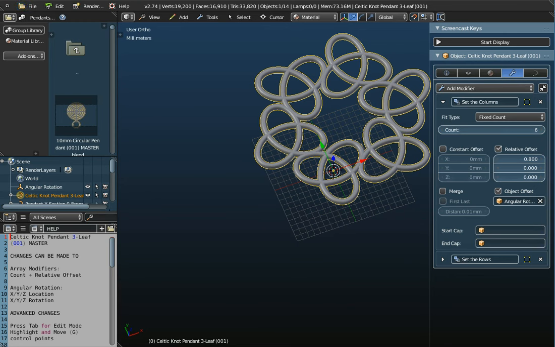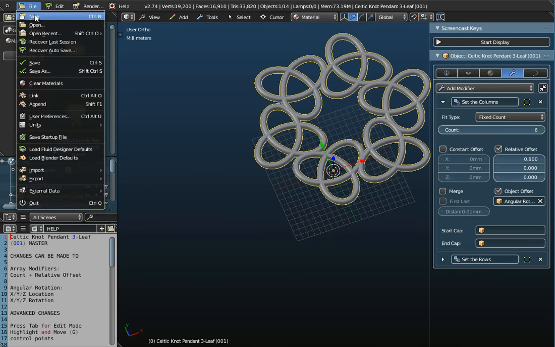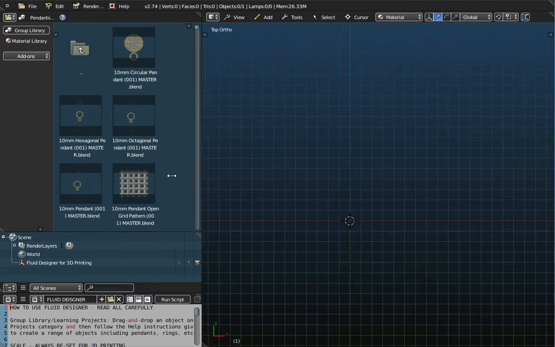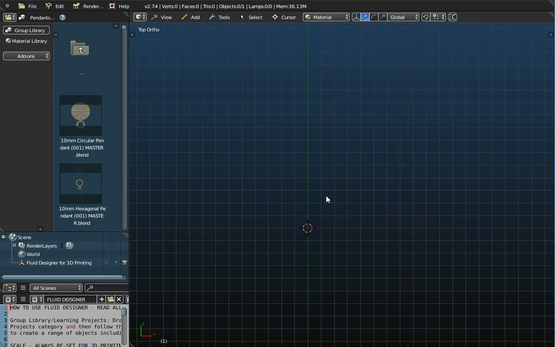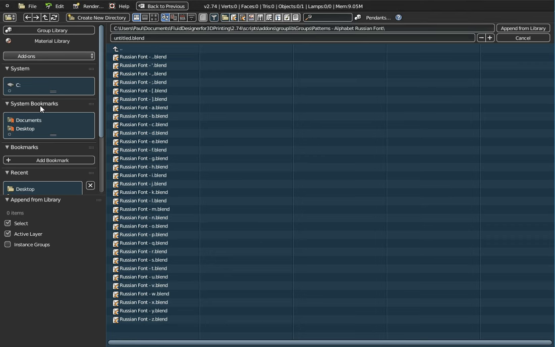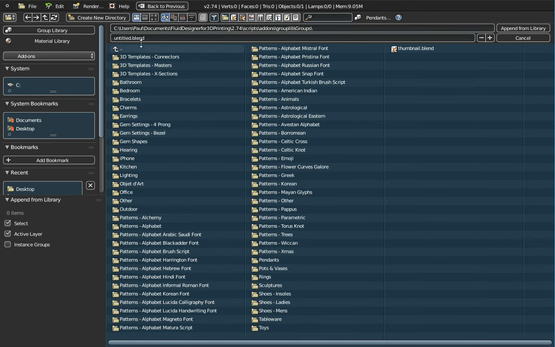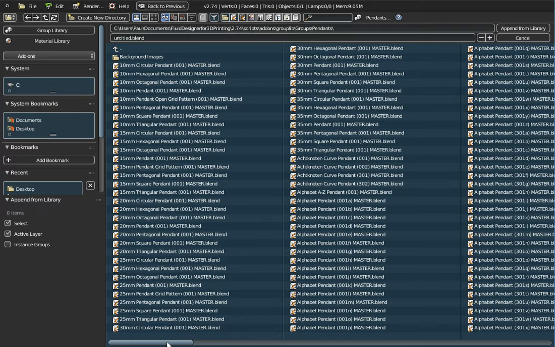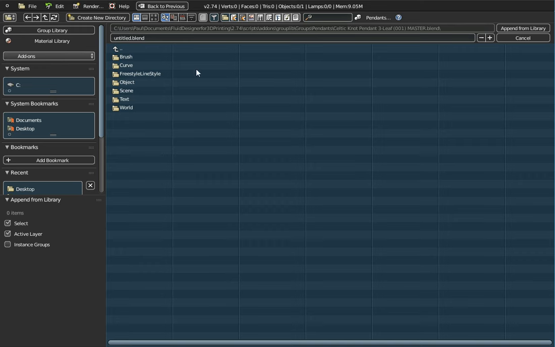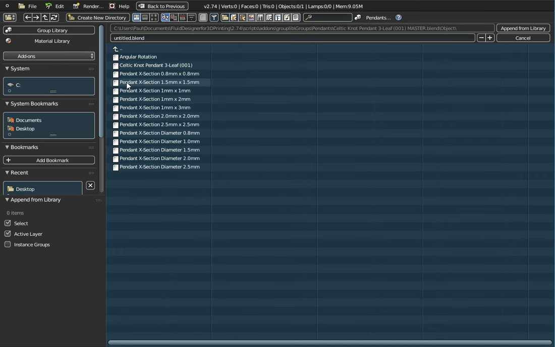Okay, so that one's Celtic Knot Pendant 3-leaf. I'll just go to File and New because we don't want to write on top of anything we've already got. If we just move that out of the way there, if we just go to File and Append and just go to the Groups folder, and go to Pendants, and the one that I just opened there was Celtic Knot 3-leaf. So if we just go to the object folder there,